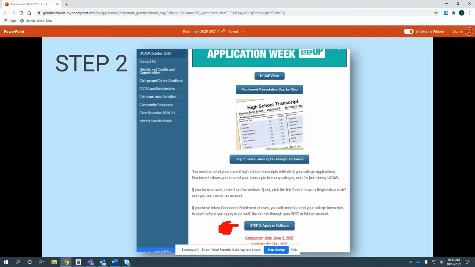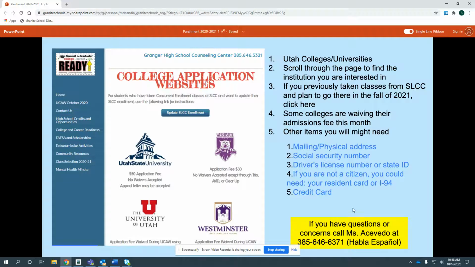Also, the class size, if you can see it on your screen, is 753 seniors graduating from Granger this year. So that's information. Remember it if you need it, but go ahead and click on step 2. It will take you to this page, and you'll see a little image and then some information for all of